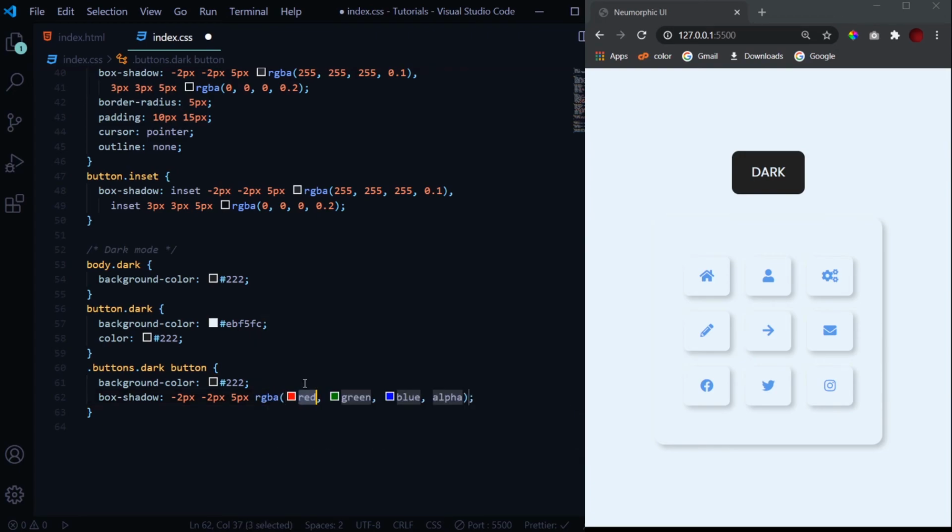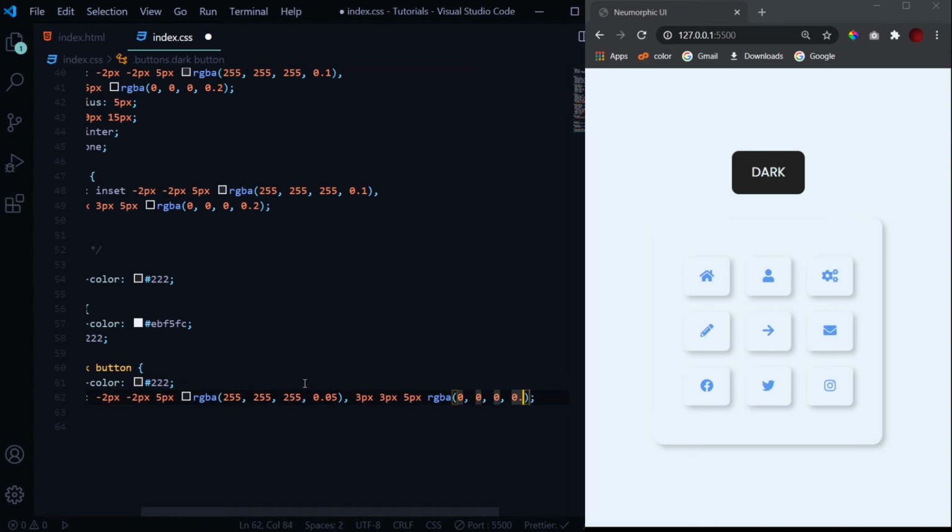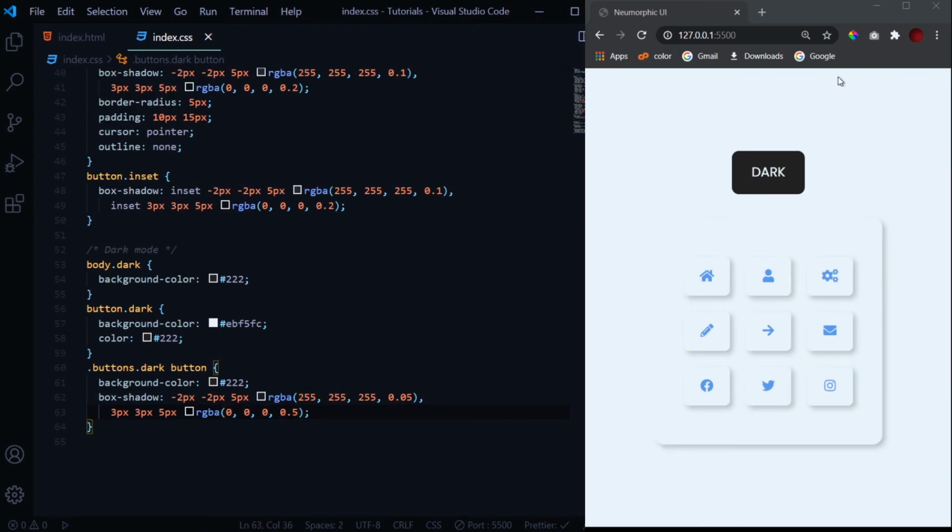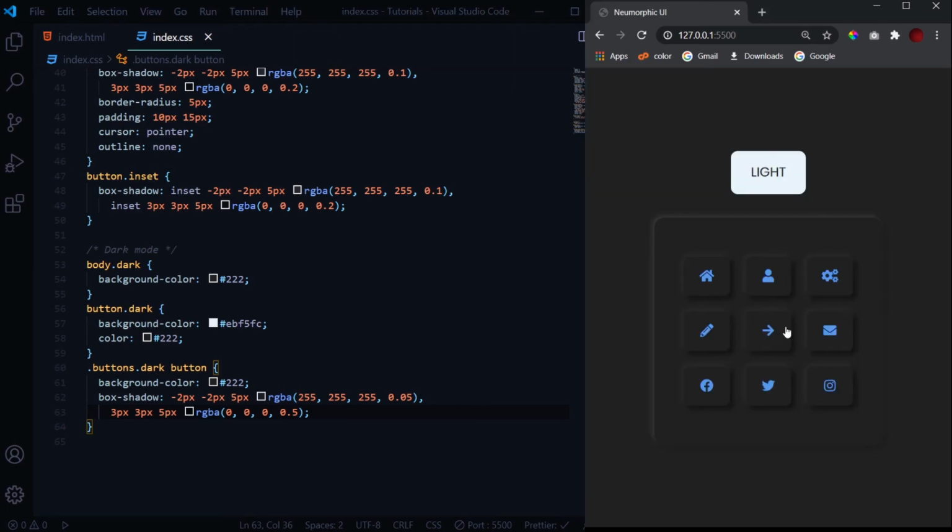These values will be the same, just the color will be different by a bit. And 3 pixels, 3 pixels, 5 pixels, rgba of 0 0 0 0.5. Let's save it. Now when I click on this dark, the box shadows are changing perfectly and the icon is changed according to the theme.